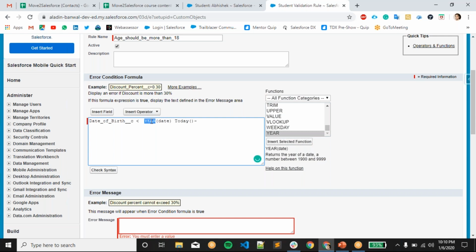This year function will return the year of a date, a number between 1900 and 9999.